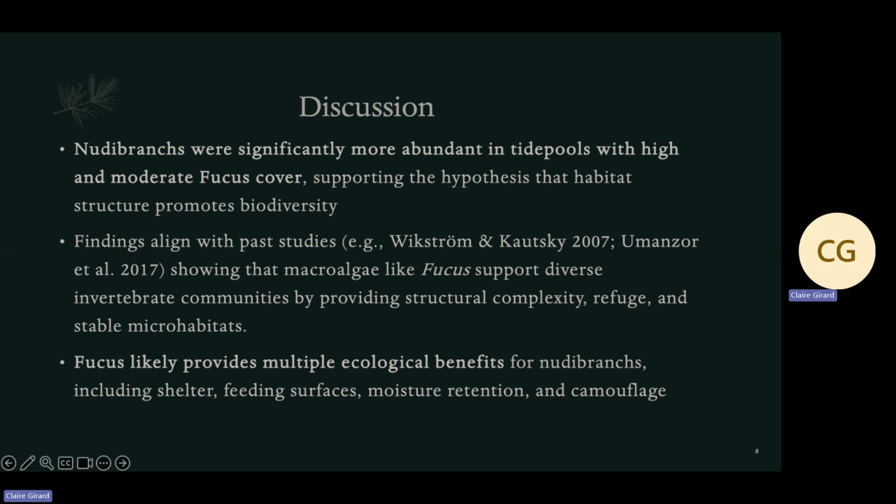These findings align with established ecological theory and previous research. For example, Wikström and Kautsky, 2007, found that the presence of canopy-forming macroalgae like Fucus vesiculosus significantly increased invertebrate richness and abundance, while their absence led to reduced community structure. Similarly, Umanzor et al. in 2017 showed that intertidal macroalgal canopies enhance macroinvertebrate distribution by offering thermal protection, moisture retention,